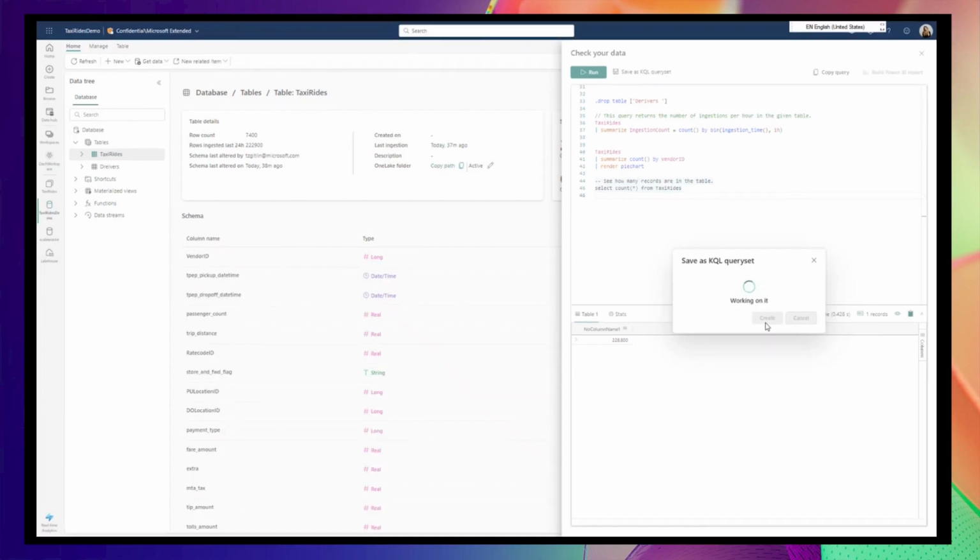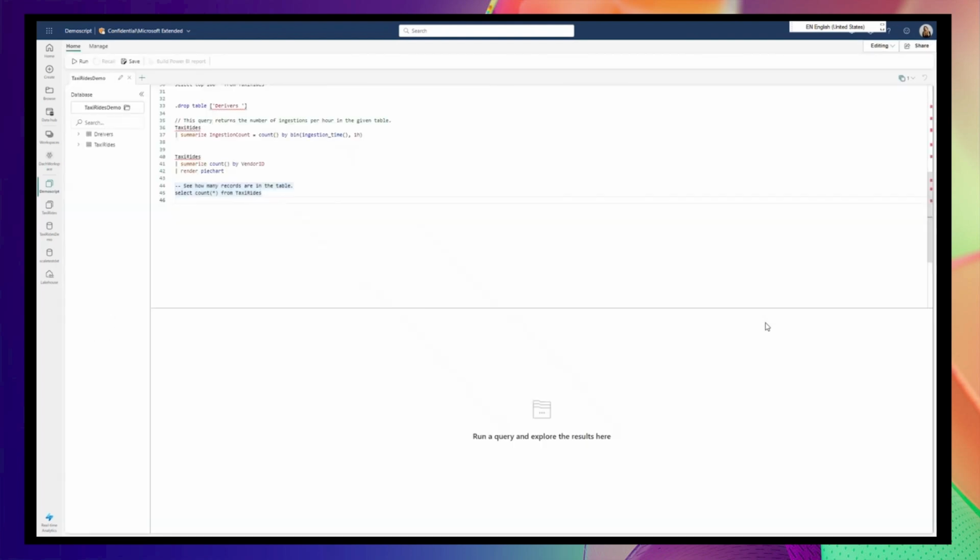The KQL query set is the one place to run analytics. I can run complicated analytics or simple ones. I can share it with my colleagues, with my team members. I can save it to myself for future work. And coming soon, we will add also visualization and Copilot,